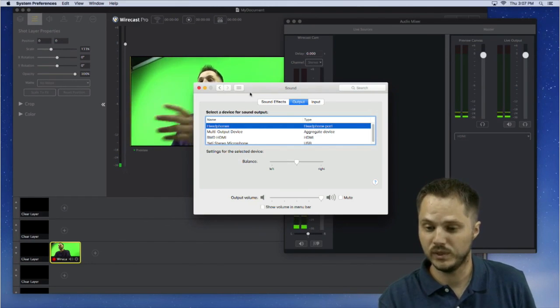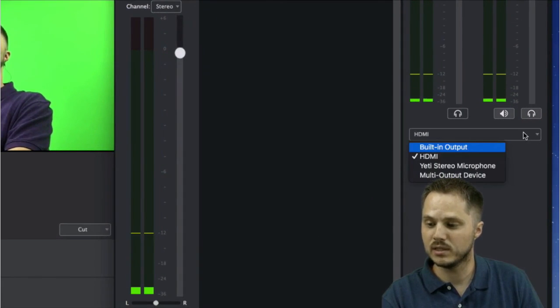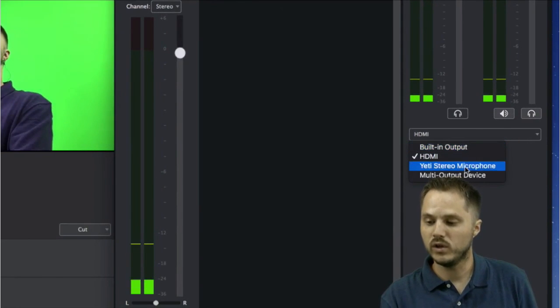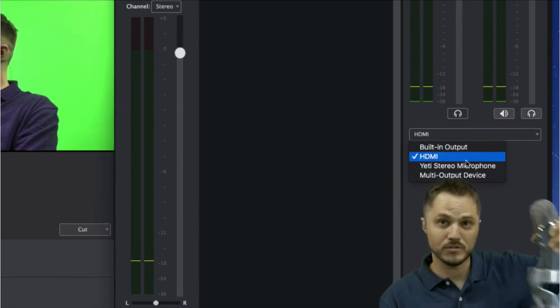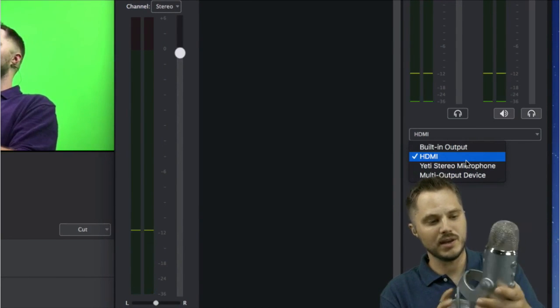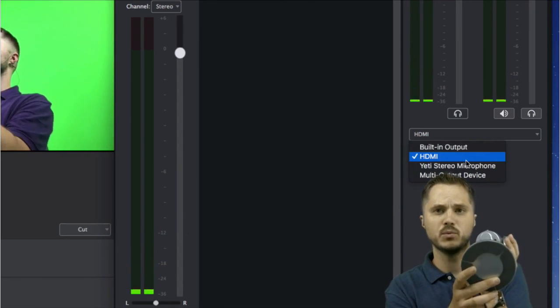So really, really cool. And any of the audio devices that are plugged into the computer that the system recognizes as a viable output will show up on this list, including things like this microphone, which is just a USB audio device, but I don't believe it has a speaker in it. No, I'm wrong on that. It actually does. It's got a headphones port on the bottom.